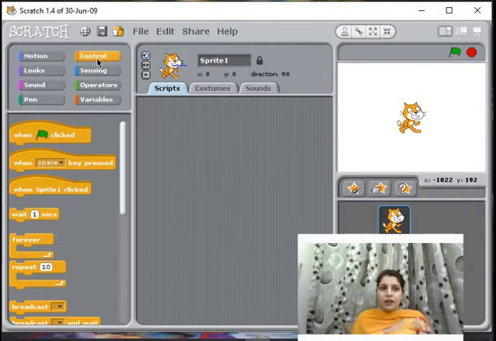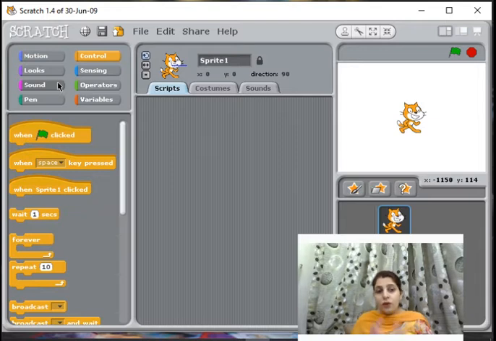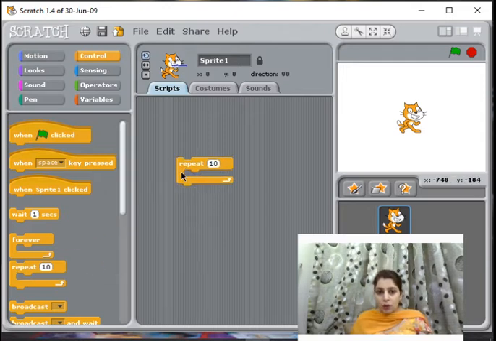Okay, the repeat block. What's the use of the repeat block now? The repeat block is used when you want to repeat a certain set of steps again and again. So we will be introducing the repeat block, that is again under the control category. Now how many times do you want to repeat it? You can specify a number here. For example, by default it is showing 10. That means a particular script inside the repeat block will repeat 10 times. So you can change it accordingly.